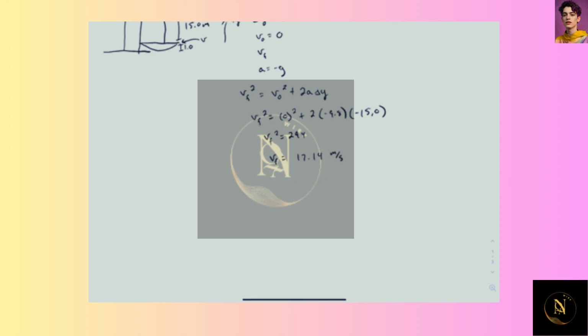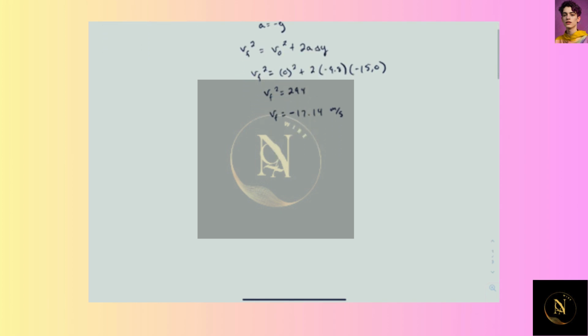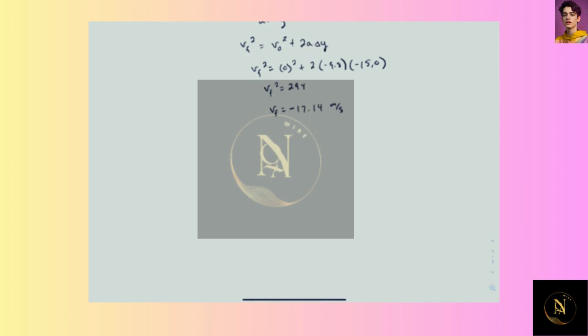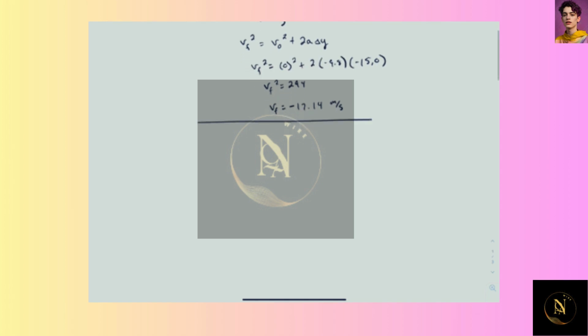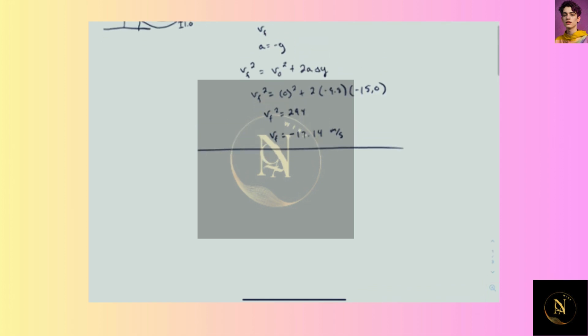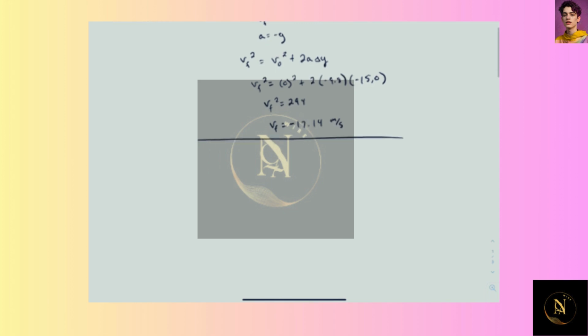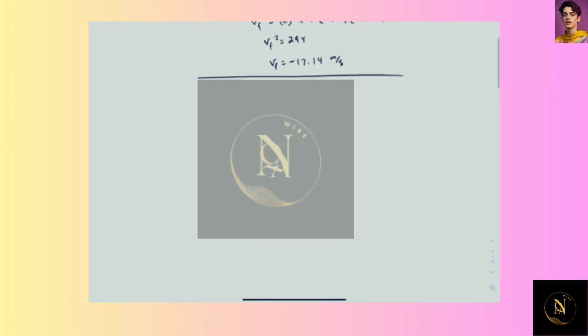But we know that once she hits the net, she's going to be moving down, so this should be negative, and we can either pick a positive or negative answer here because either one squared is going to get us 294. And now for the second part of this, to get the acceleration, I'm going to